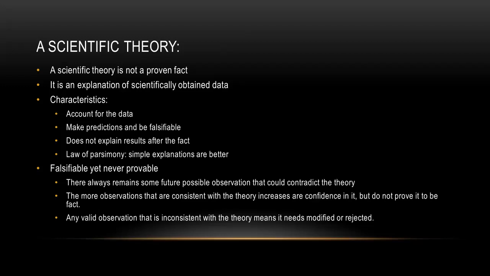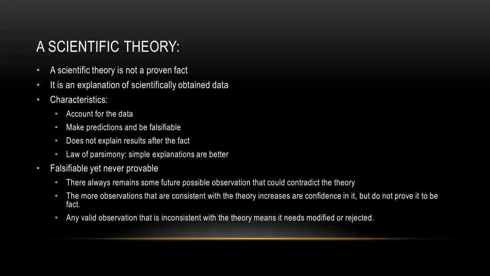Now, why is falsification so important? The idea is that theoretical statements like these are difficult to prove true, maybe even impossible to prove true, though it is possible to prove them false. For example, I could say that all ravens are black. That's a general statement, which makes it a theoretical statement. And what I mean is that all ravens are black because every raven that I have observed is black. So it accounts for the data, and it does make a prediction: if I, in the future, observe a raven, I should expect it to be black.